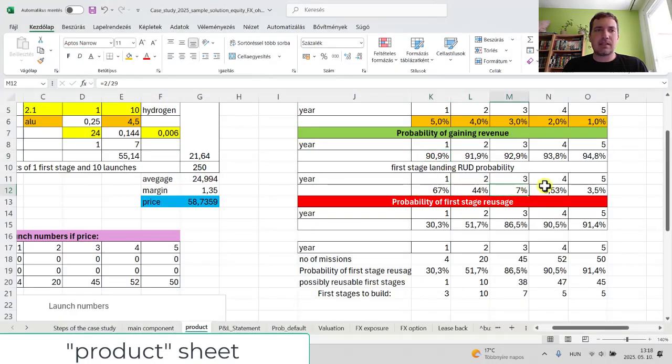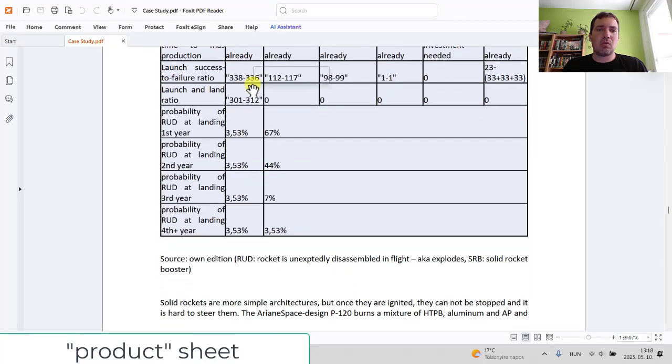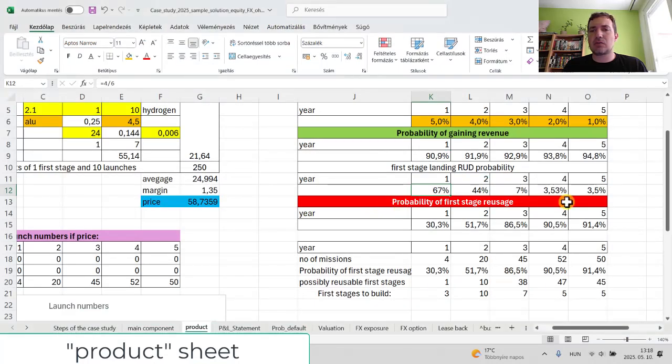again we can see what is happening here and there. But we don't have to touch this until you are switching to Merlin 1D. In this case you have to change them. Yeah, then after that Excel we can calculate the probability of first stage reusage, and after that we just have